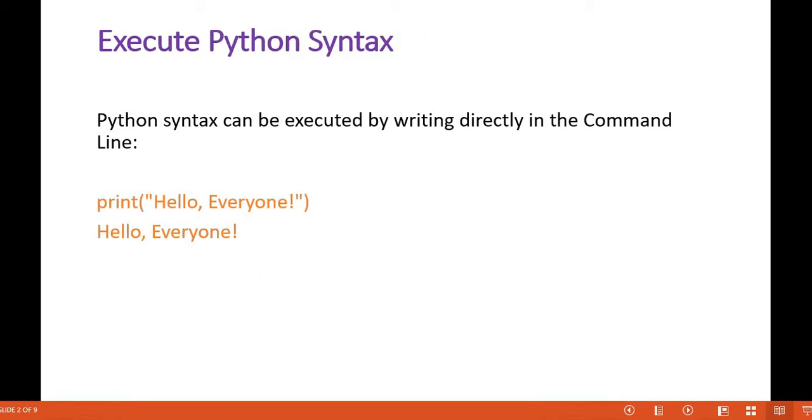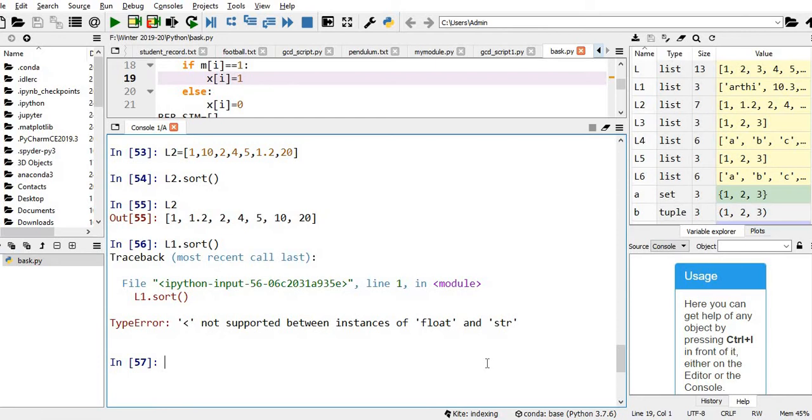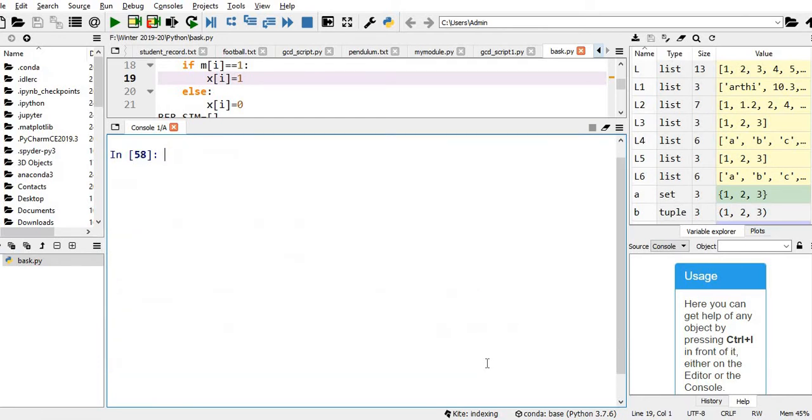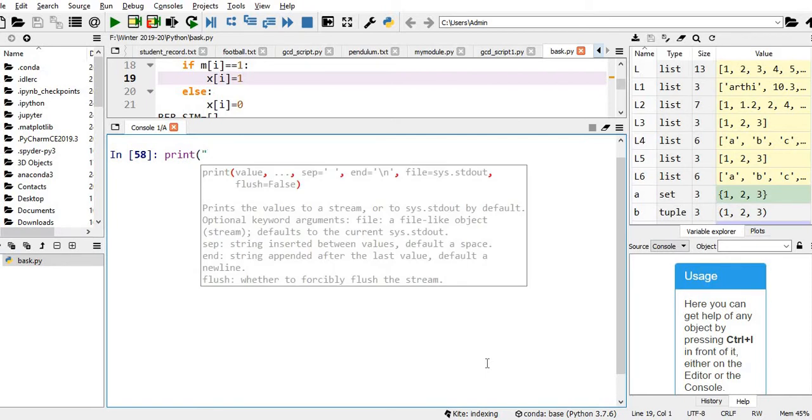So Python syntax can be executed by writing the command directly in the command line. For example, I'm just printing something: Hello Keshika.